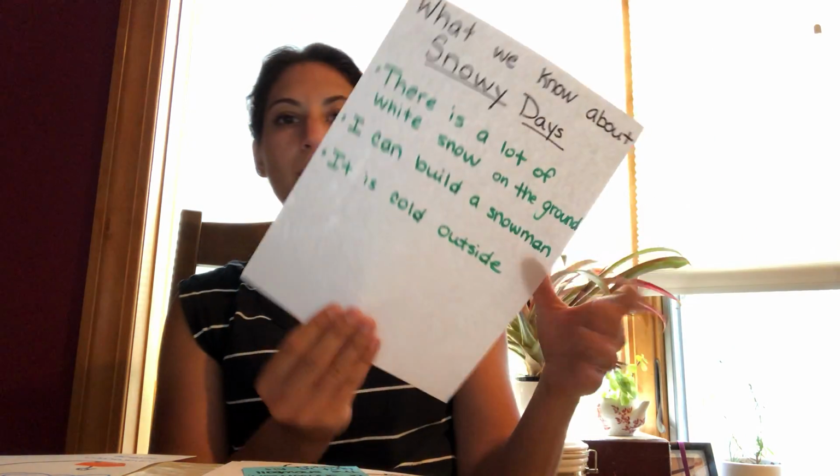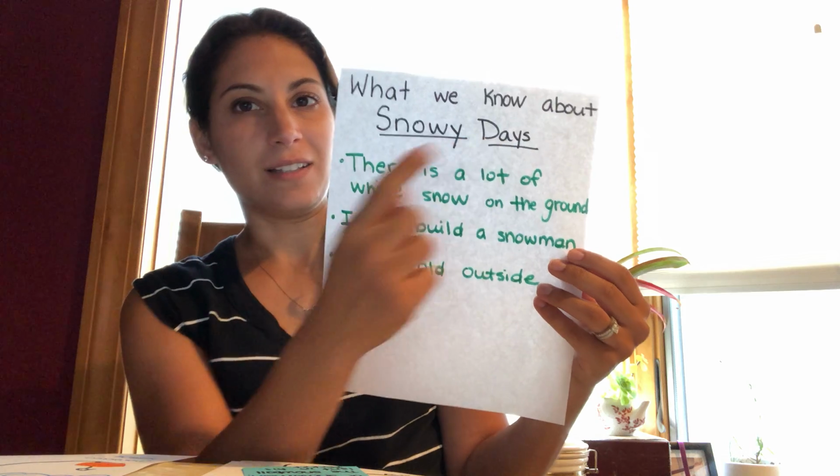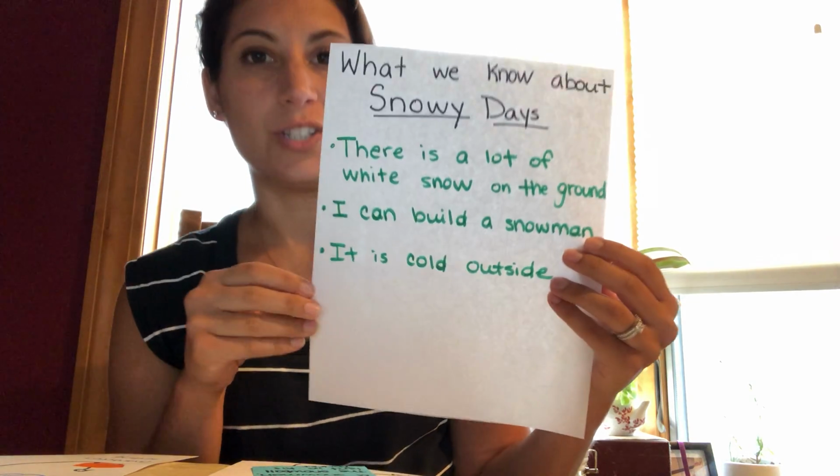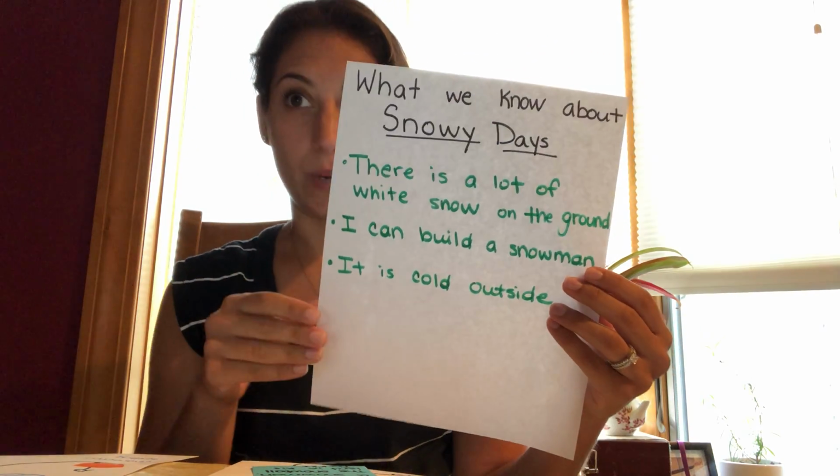According to Bredekamp, background knowledge begins with concepts and basic knowledge about how the world works, which is crucial for reading comprehension. As the students raise their hand, the other teacher will record students' responses. So just having the teacher write down what students say about what they know about snowy days. Then the other teacher will tell the students that they're going to be reading a story called The Snowy Day